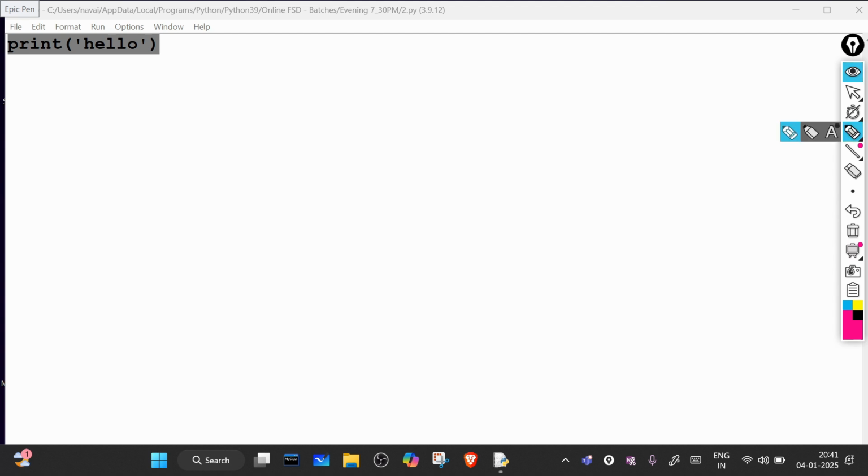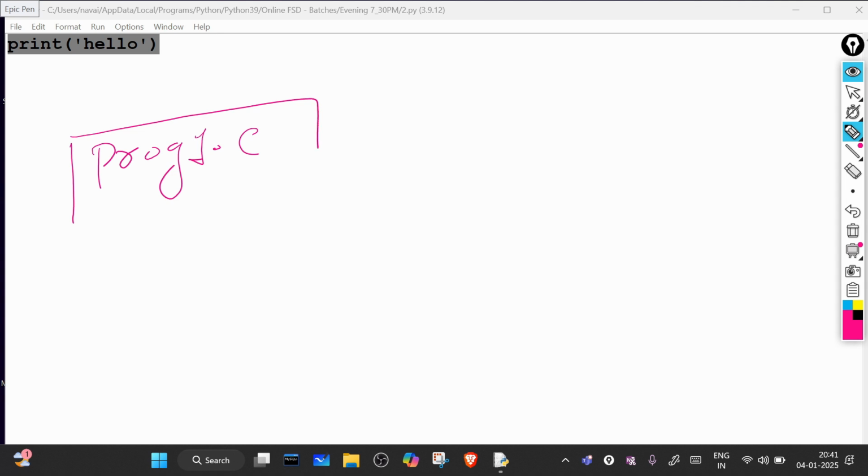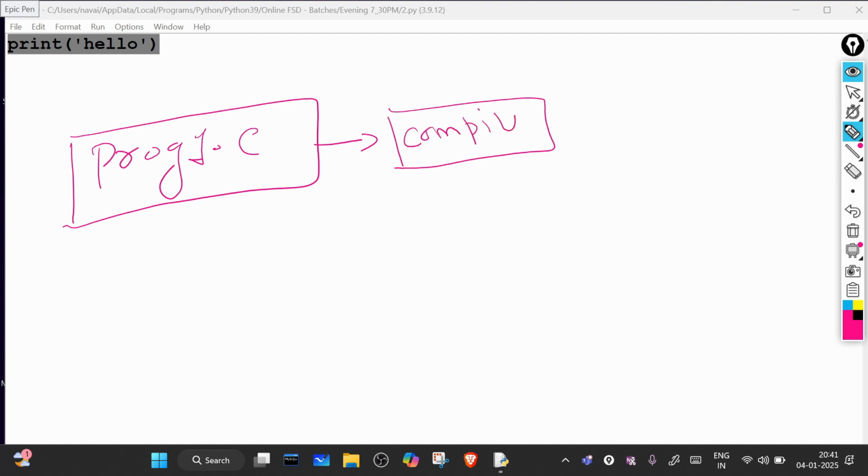Let me ask you one thing. Do you know this or not? For example, if I'm writing a program in C, let me write program1.c. The compiler will compile it, and after compilation it will become binary.